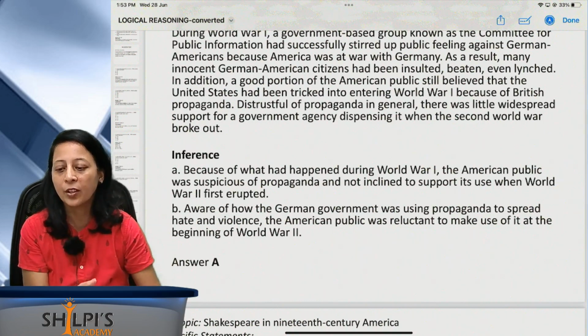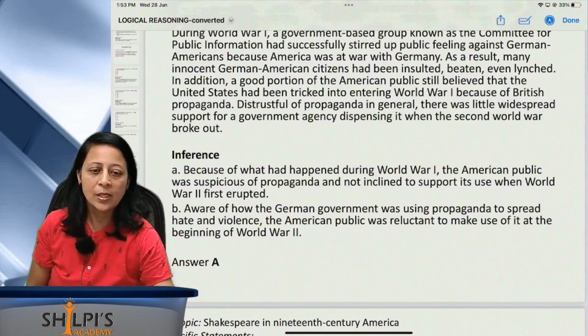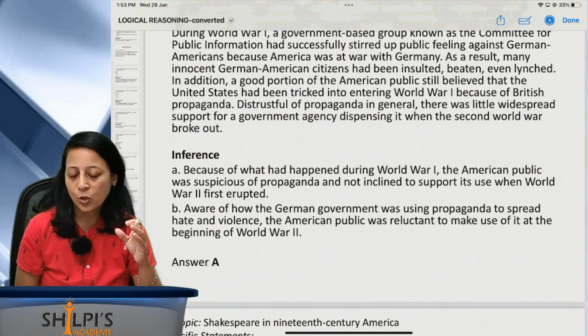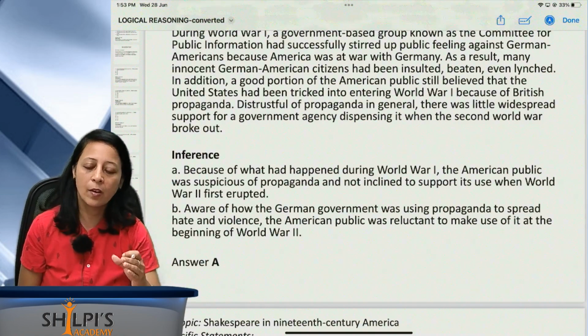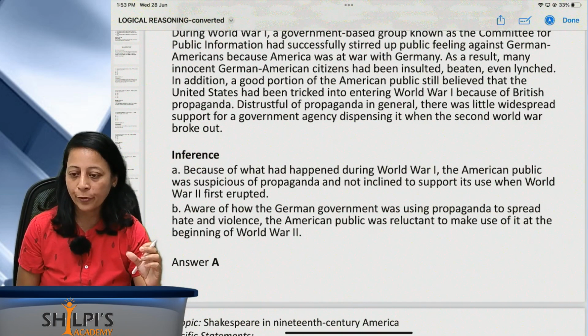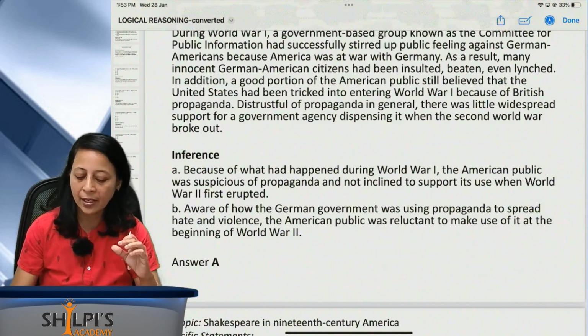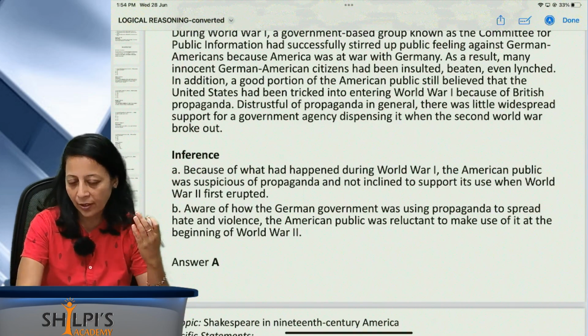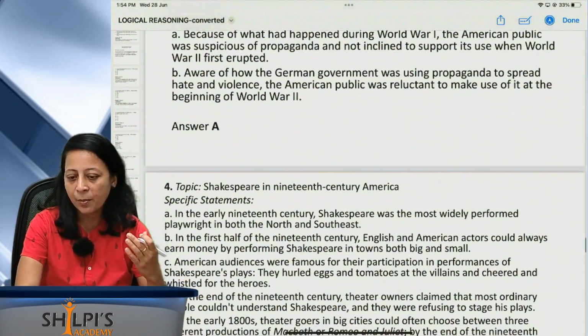Here the answer is A, because that was the answer given after reading the context. So while you are choosing answers for these types of questions, or when it is asked in your examination, read the paragraph perfectly and arrive at the proper inference. As I told you repeatedly, an inference means a conclusion that you are deriving, so give your answer properly.